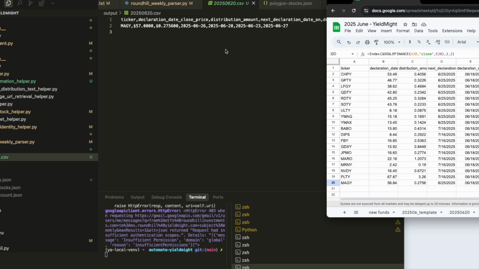So I'm going to make some slight adjustments, but that's really not that bad, honestly, for a first. I'm going to make this a successful attempt. I don't know Python. I don't really know agentic AI, but this has been more successful than using make.com for me. So we are on our way to actually automating YieldMight, and I'm pretty excited about that.